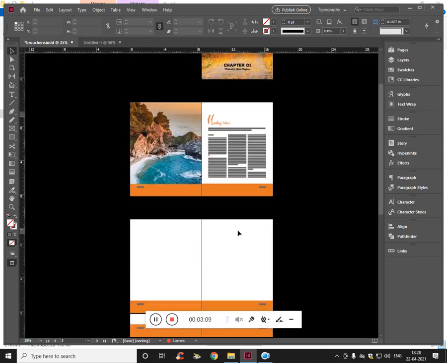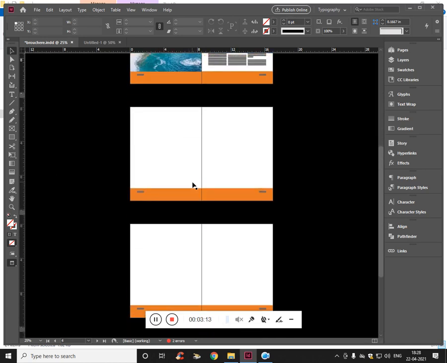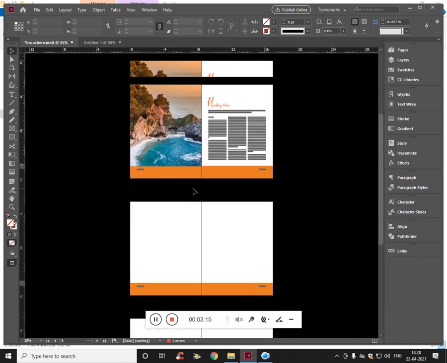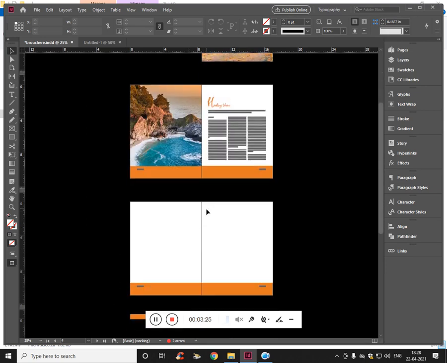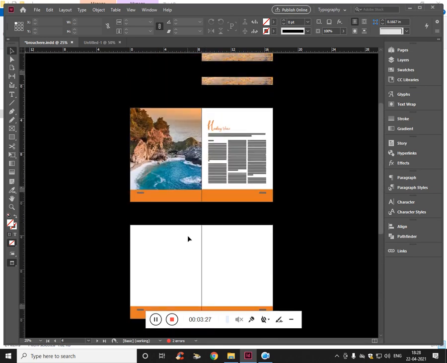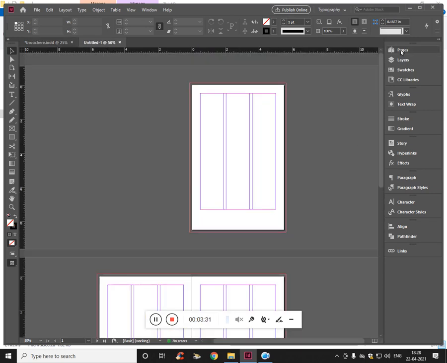So here we have a concept called master page. If you apply something on the master page, it will be applied on all the pages. Like you see this thing is applied on all the pages. Now if you get into the pages, here is page 1, page 2, page 3, page 4, and we don't have to get into these, we have to get into the master. Click on the first one, click on this one. So this is the master.